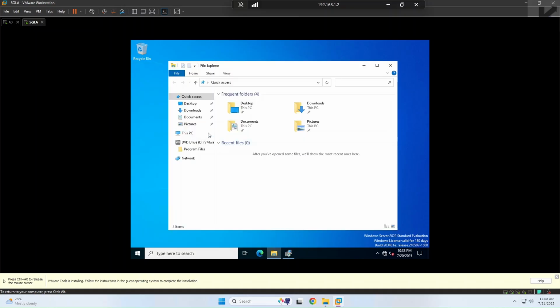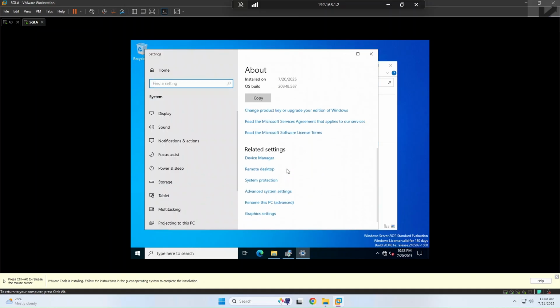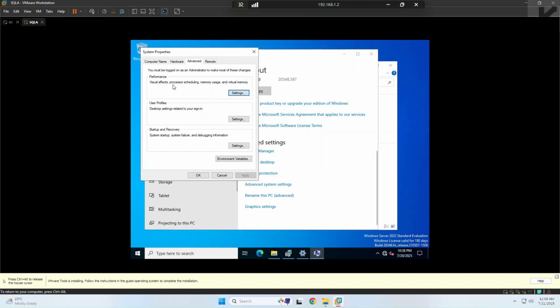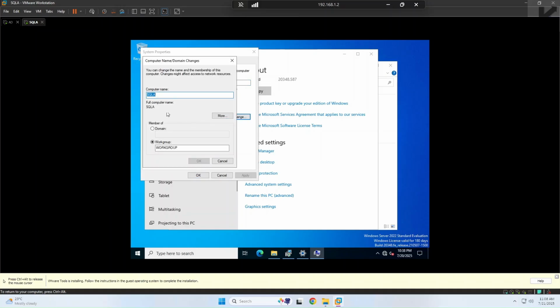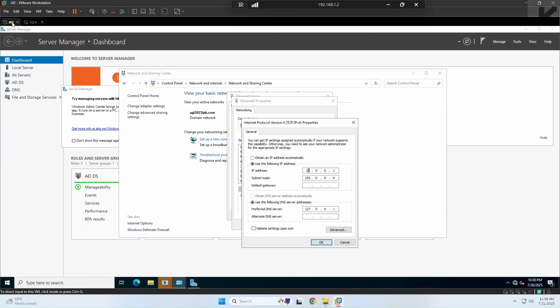Again, I'm going to my computer, going to properties, and in properties, if you see here, you've got these advanced properties, advanced system settings. When you click on that, under computer name, you'll have this option that asks if you want to change this to belong to something else other than a workgroup. So I'm going to click, yes, I want to change it, and I want to bring it into a domain. And the name of my domain, if you look over here,